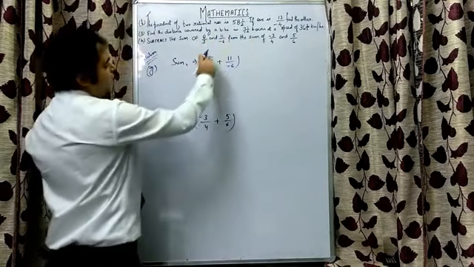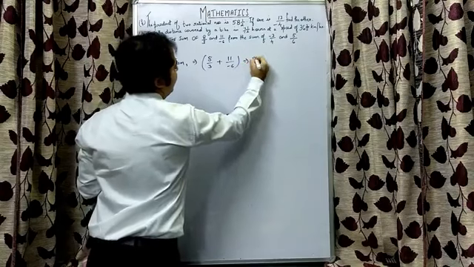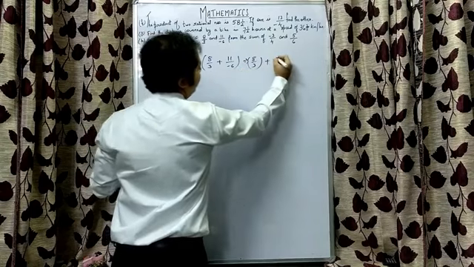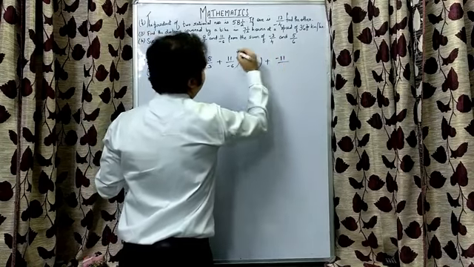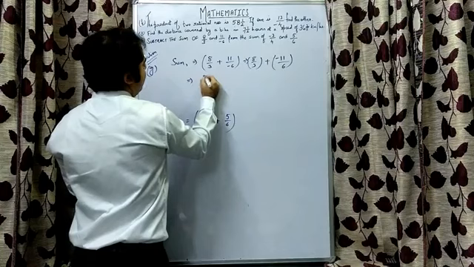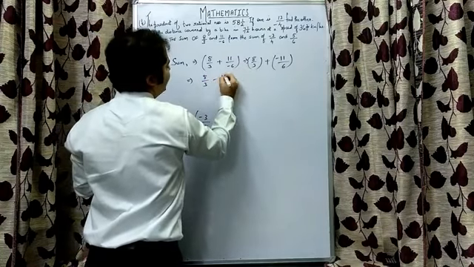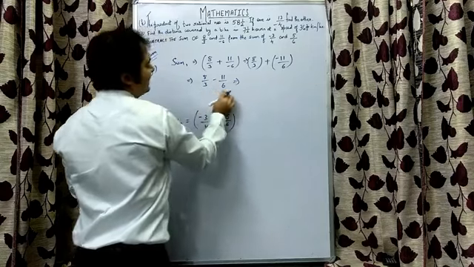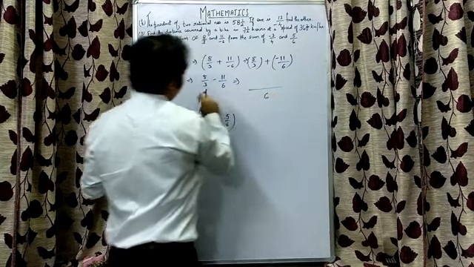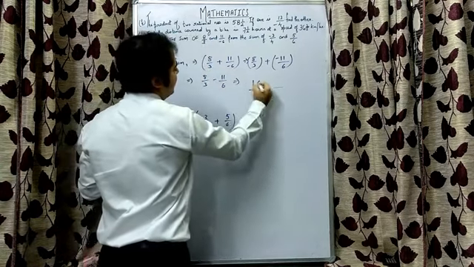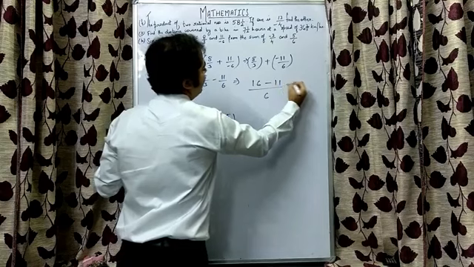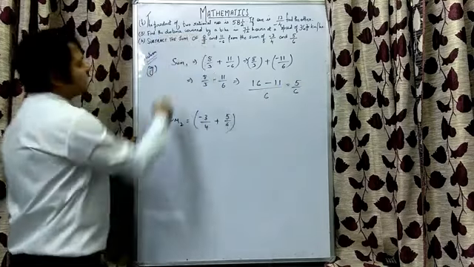Okay, so 8 by 3 is in standard form, yes, 8 by 3 is in standard form, plus 11 by minus 6, this is not in standard form, so I will convert this in standard form by multiplying both numerator and denominator by minus 1, so it will become like this. So 8 by 3 plus minus 11 by 6. Now LCM of 3 and 6, they are unlike rational numbers, we'll convert them into like. LCM of 3 and 6 will give me 6. 3 goes into 6 2 times, 8 2s are 16. 6 goes into 6 1 time, 1 into minus 11 is minus 11. 16 minus 11 is 5 by 6. This is the answer of sum 1, right?